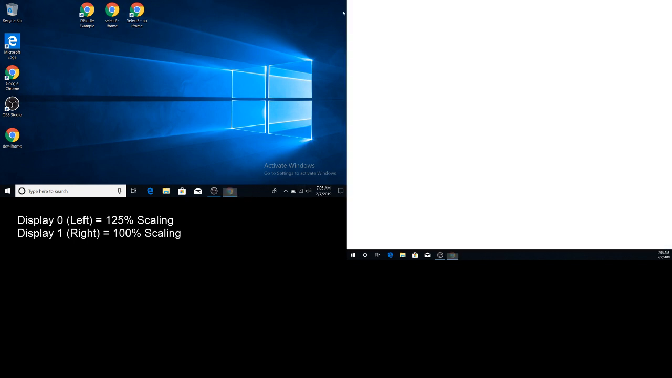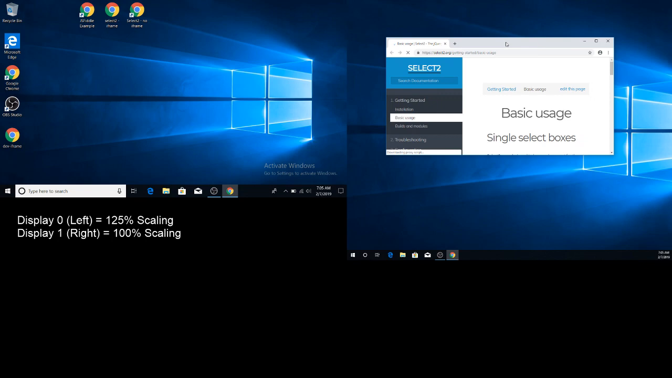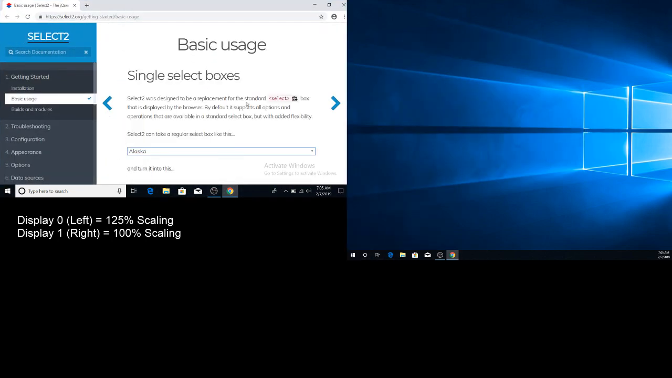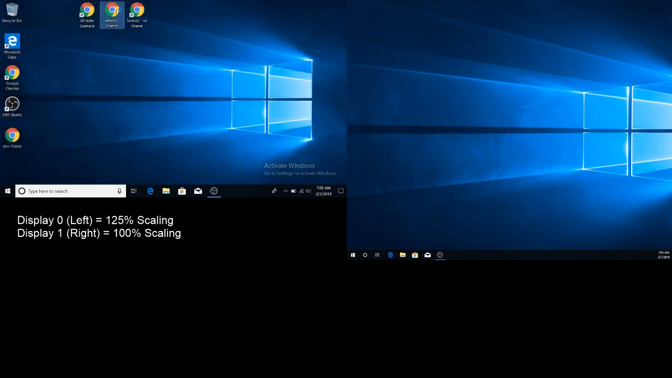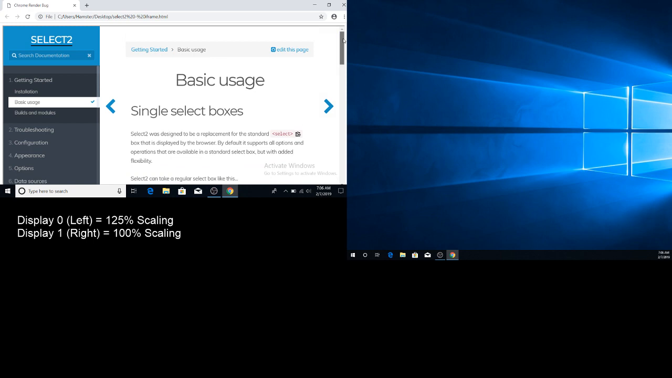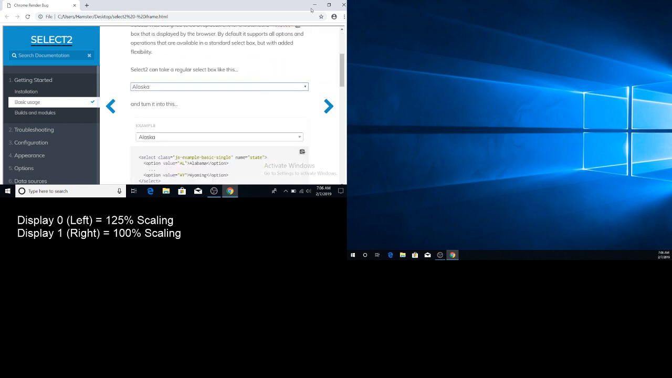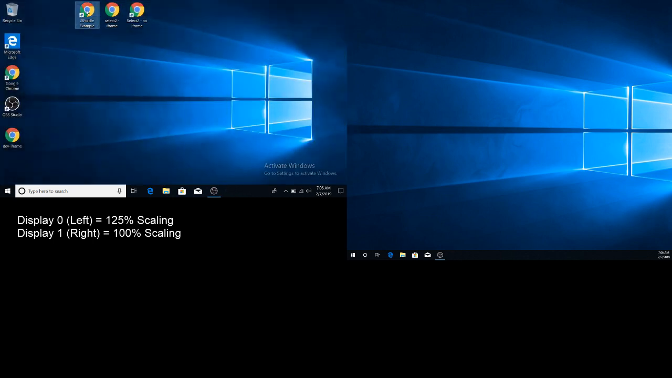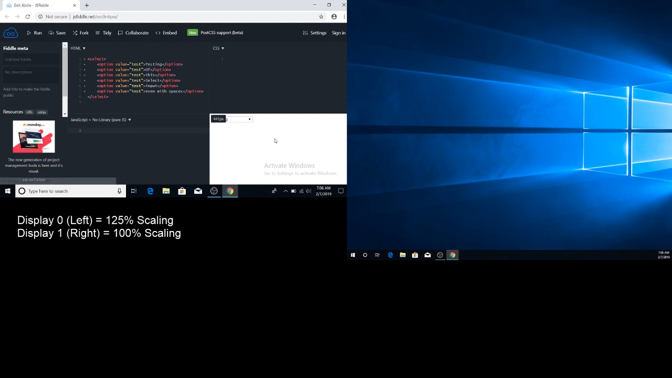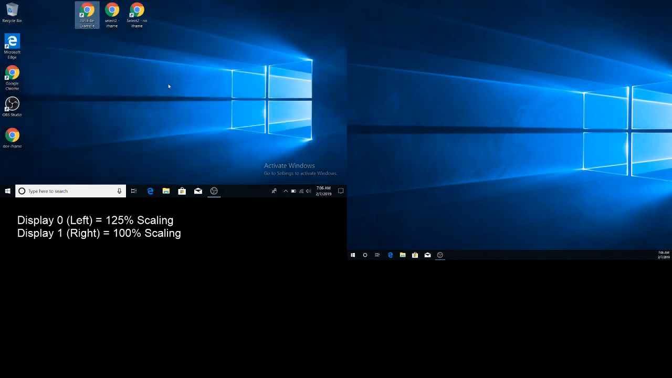If I open up this window on my primary monitor, it works perfectly fine. Same goes for this window here. Works perfectly fine, no problems. And the JS Fiddle page works perfectly fine. Now, notice the blue box, everything looks fine. Now if I do this,